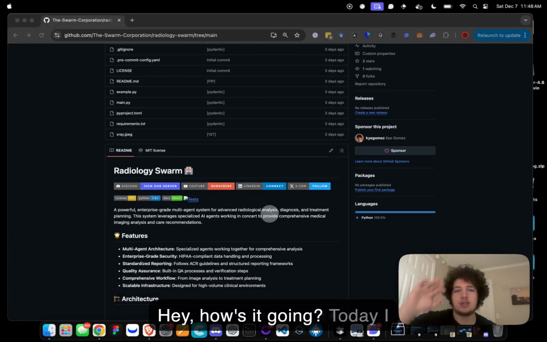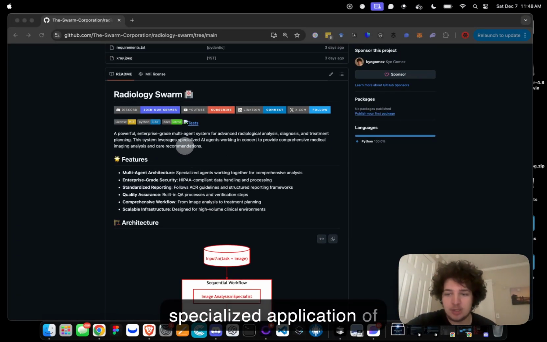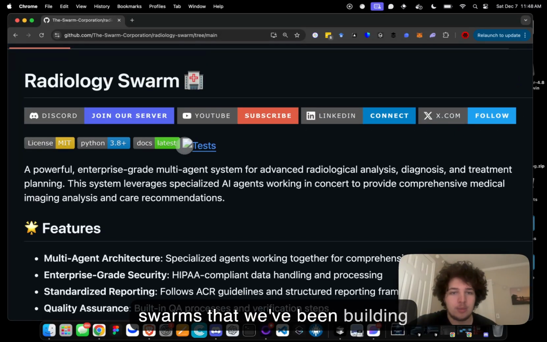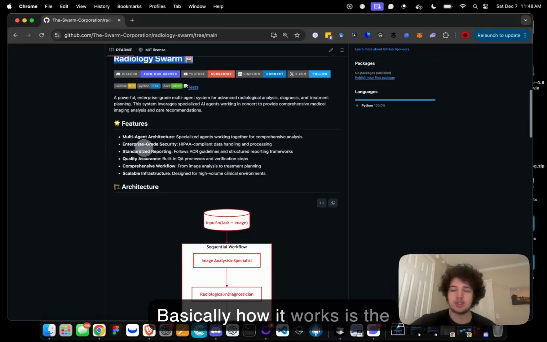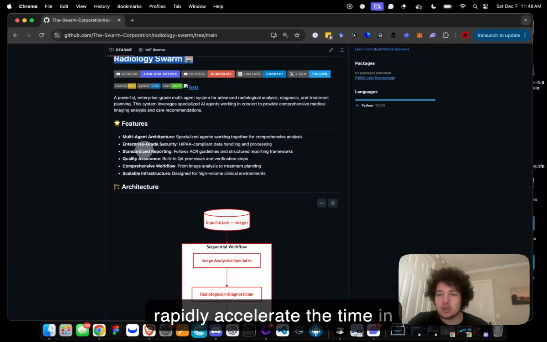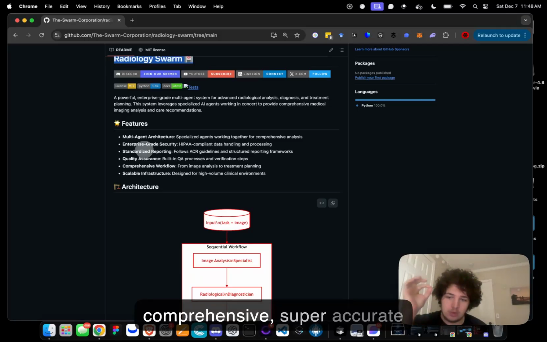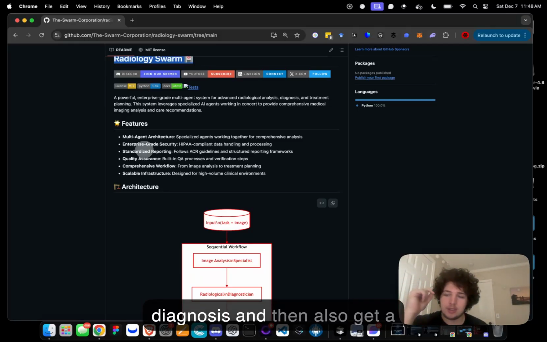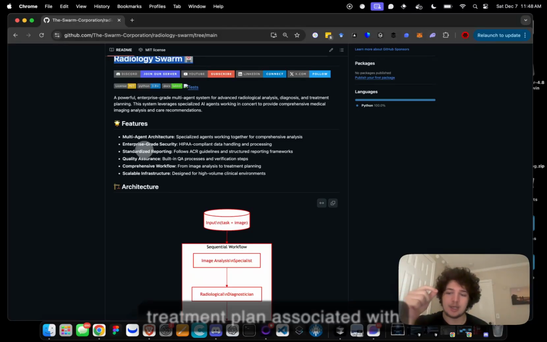Hey, how's it going? Today I want to showcase a super specialized application of swarms that we've been building called Radiology Swarm. Basically, the mission is to very rapidly accelerate the time it takes to diagnose any type of X-rays, get a full, comprehensive, super accurate diagnosis, and then also get a treatment plan associated with that diagnosis